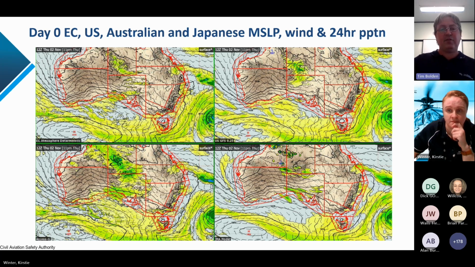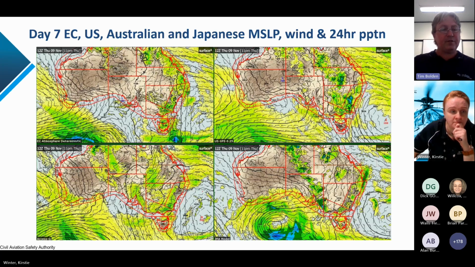However, if we move out to a 7-day forecast, so just on the next slide, please, Kirsty. You can see that there's a lot more variation in the models. We have either a trough or a cold front crossing the bight, but there's also a deep low in the Japanese model, to a lesser extent the European model, to the west of the bight, and you can see extraordinary variation in the precipitation over Eastern Australia. For a place like Adelaide, it makes the difference between almost cloud on ground and Cabo K conditions, depending on